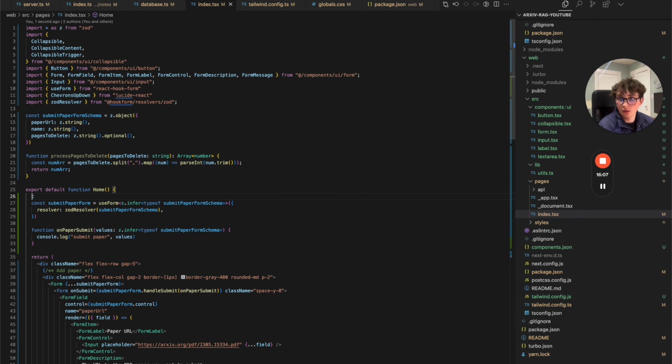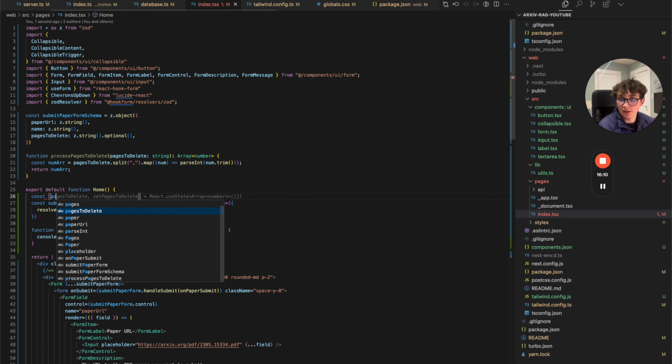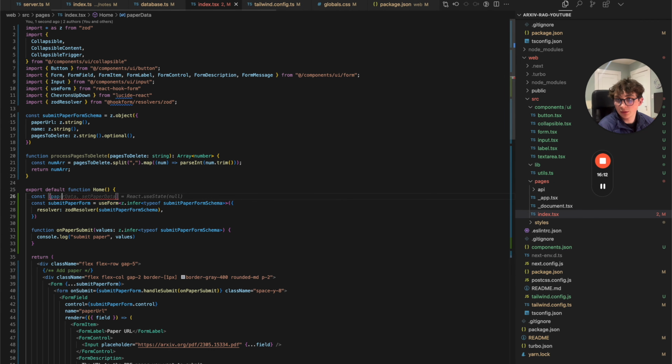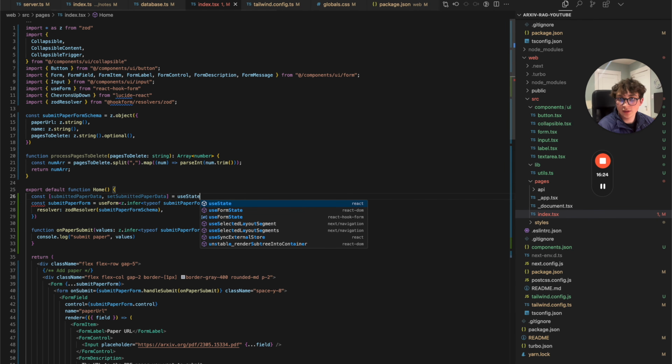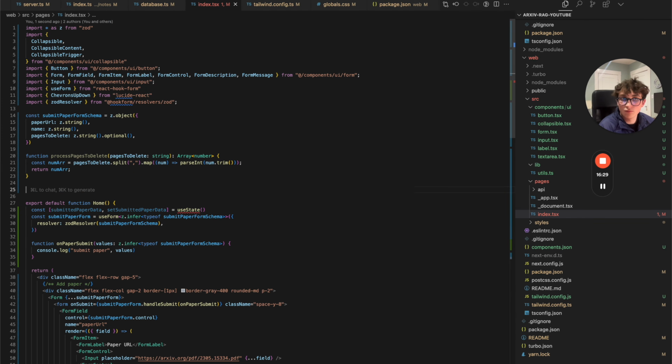So const, let's see, submitted paper data. Then change that to be set submitted paper data equals state, and we'll type out our archive paper notes type, and we can make it that type or undefined. So type